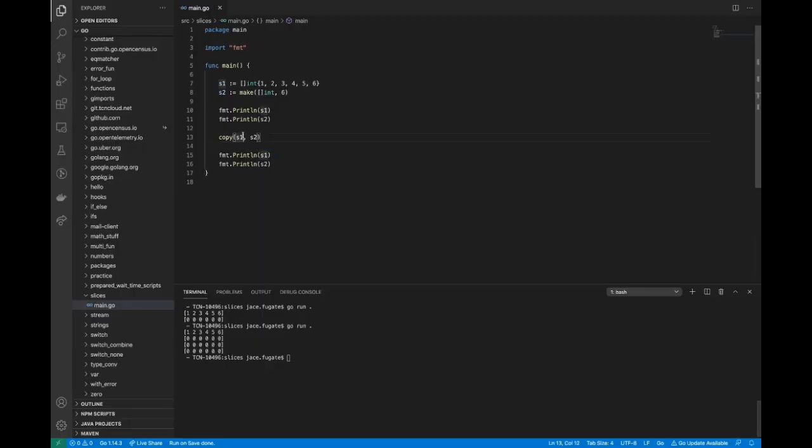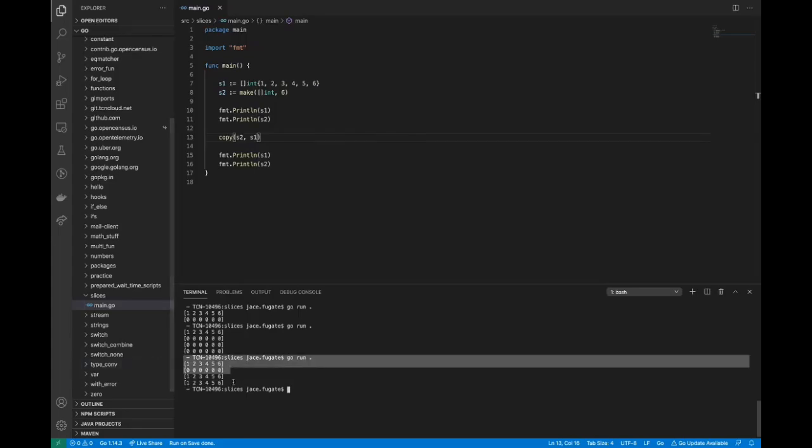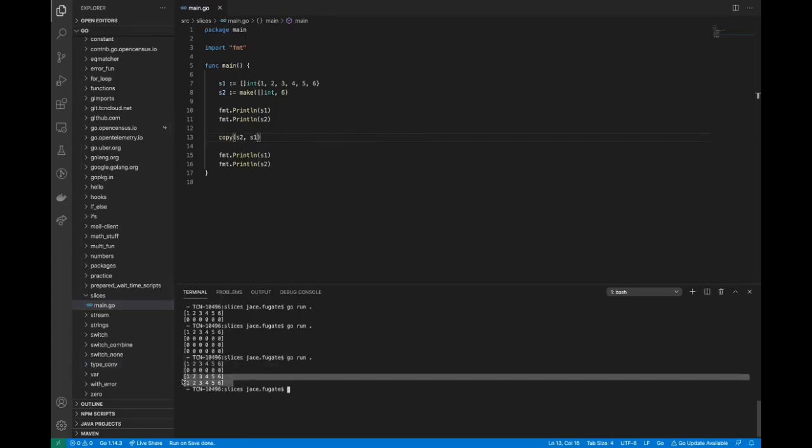Oh, I apologize, I got that backwards. The destination slice is 2, the source slice is 1. So the destination comes first, the source comes second. There we go. So the first time we print it out, and then here we have it, it gets copied over. Well, let's see what happens when we edit S1,